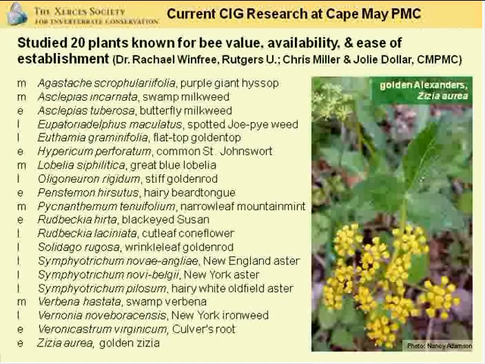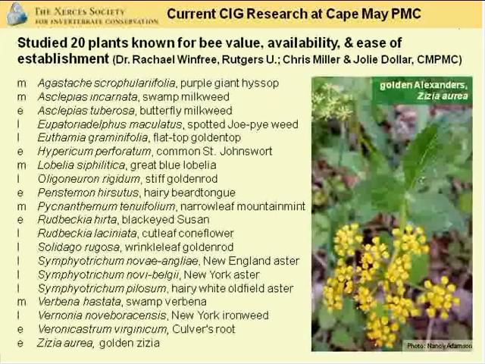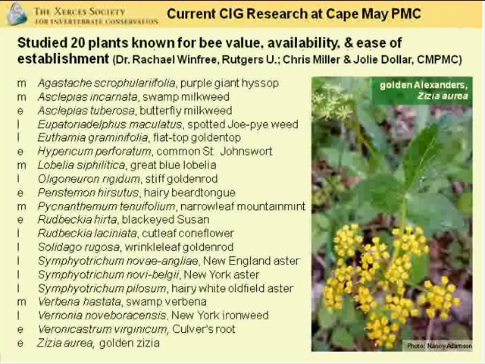So in the eastern U.S., there is some ongoing research right now in New Jersey looking at some of these plants that are known to be valuable for bees as well as other pollinators that are available, and also relatively inexpensive and are easy to establish. So these are the species that they're looking at. Rachel Winfrey from Rutgers University is working with the folks at the Cape May Plant Materials Center, that's part of NRCS, in New Jersey, Chris Miller and Jolie Dollar and the rest of the crew there. And so they grouped plants. E here stands for early, M stands for mid, and L stands for late. So they looked at all of these plants,